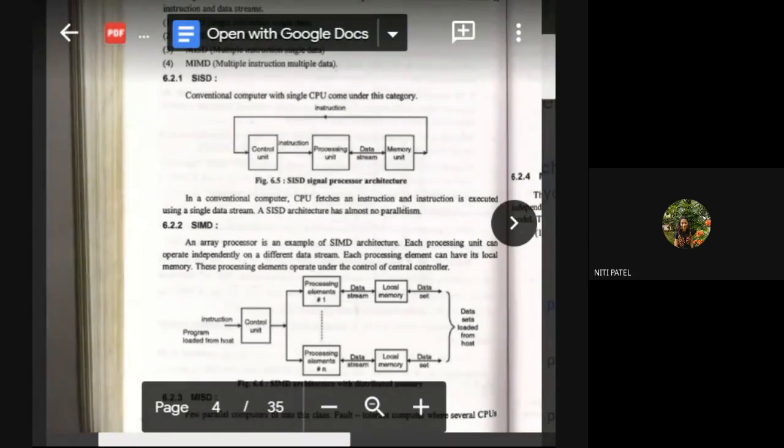So what was happening in single instruction, single data was that only one instruction, which was taking so much time to display the output, will now take less time to display the output in the case of SIMD. Why? Because what am I doing in SIMD? Though my instruction is one, I am going to transfer that instruction through multiple data streams. Therefore, it is called single instruction, multiple data.